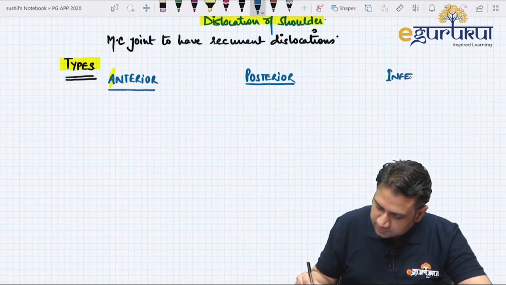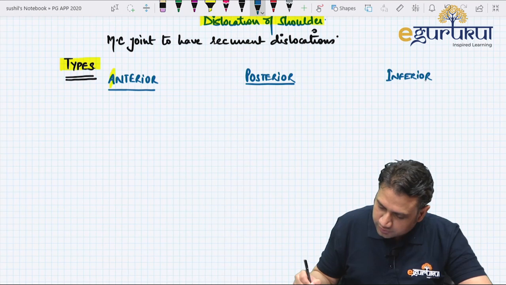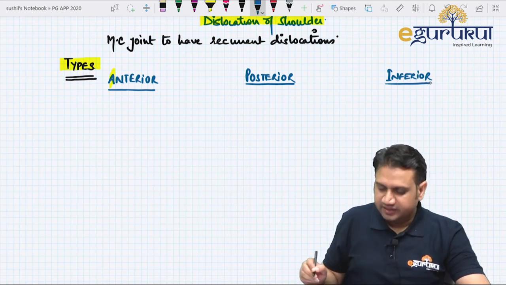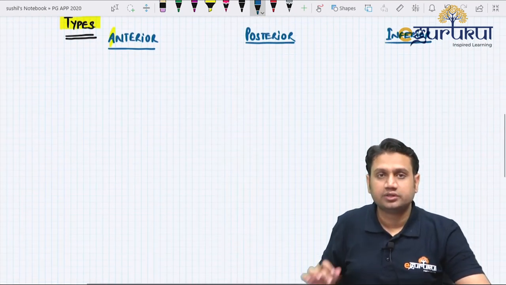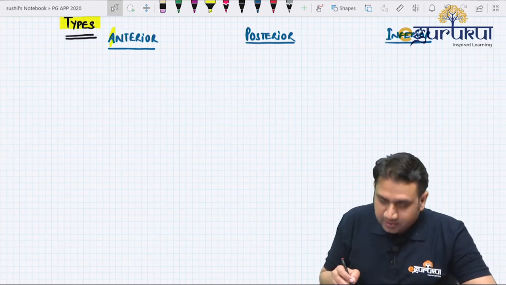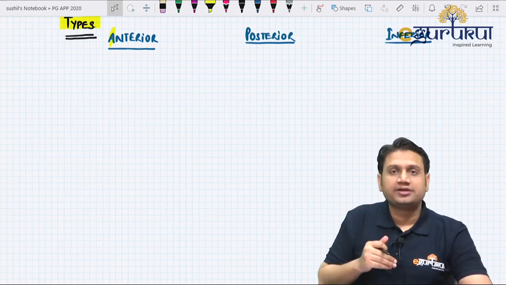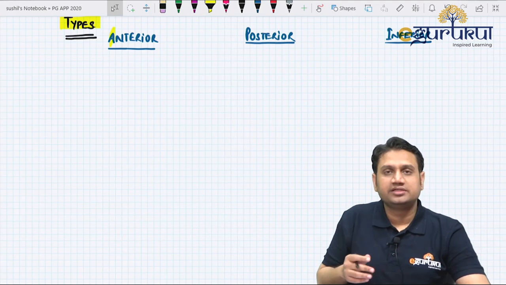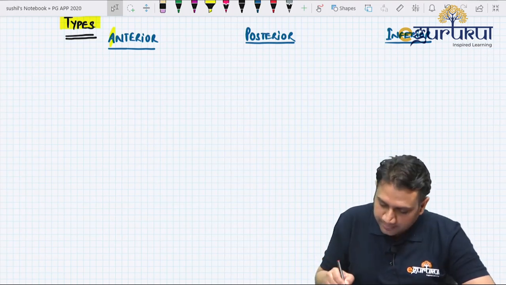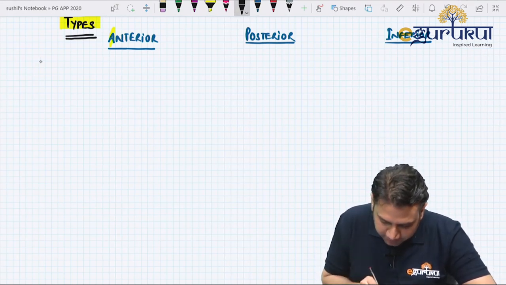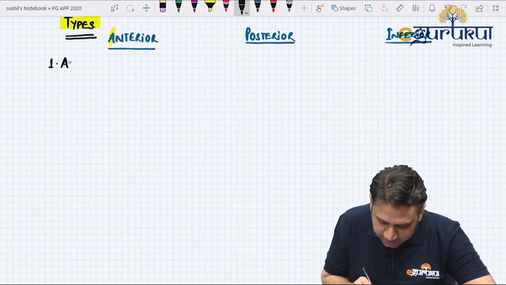So these are 3 types of dislocations of the shoulder, right? Now one by one we'll discuss important points of each one of them, and then we see what the common things between them are. Okay, so anterior dislocation, the first one. If we talk of the attitude for the anterior dislocation of the shoulder,